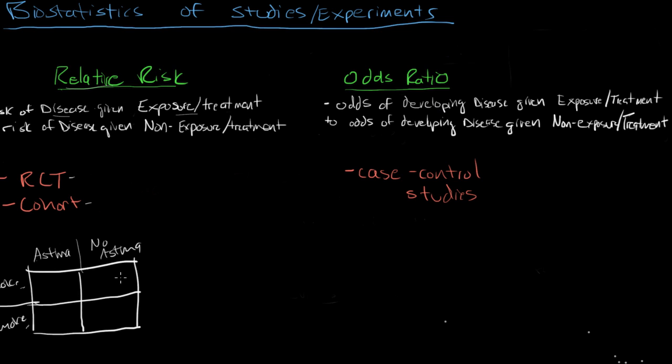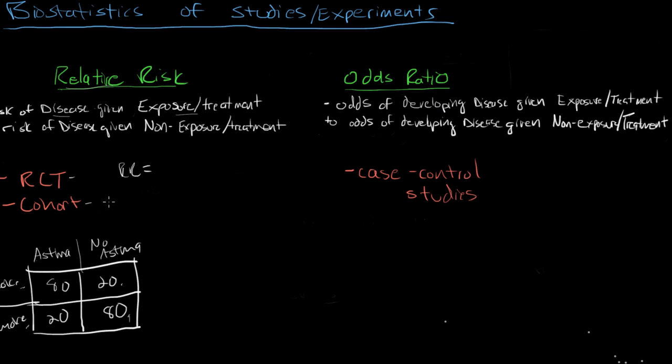So I do this study over a period of, let's say, 5 years, and I find out the following. I find out that of the 80 kids that have asthma, 20 of them were exposed to smoking, 20 were not. And of the kids that don't have asthma, 20 were exposed to smoking and 80 were not. Now to calculate the relative risk,